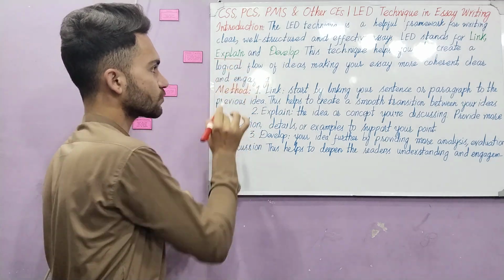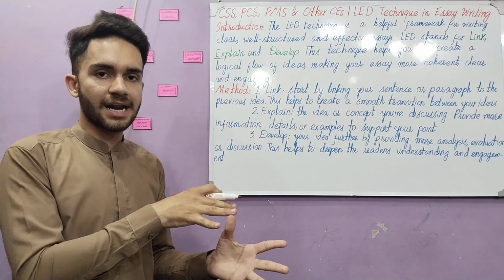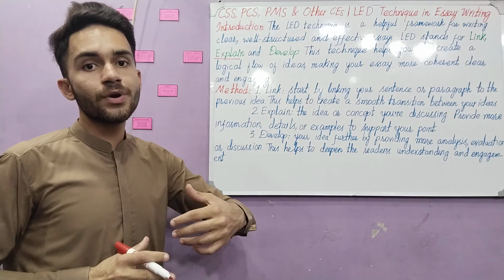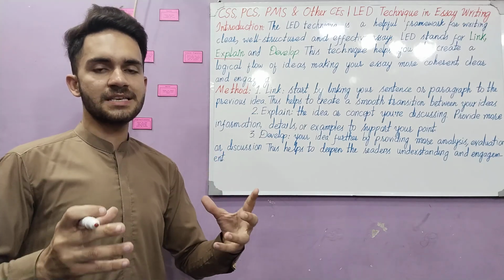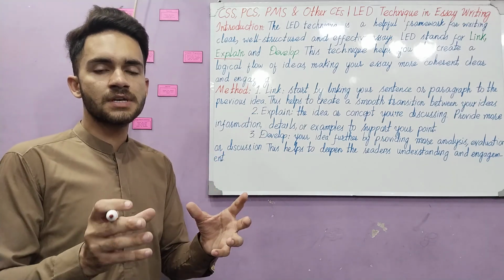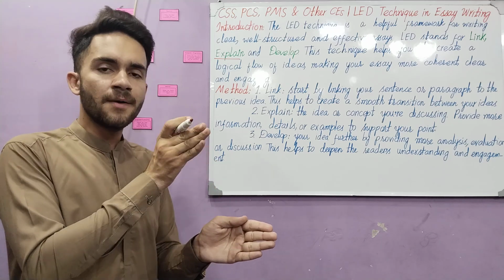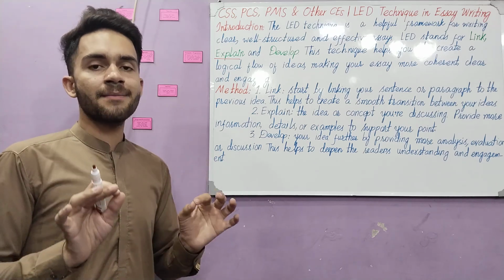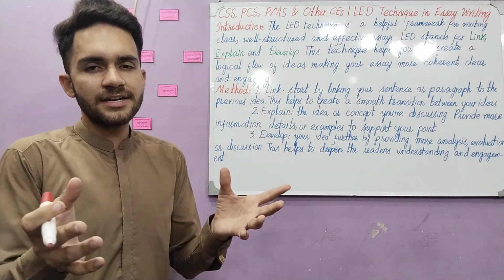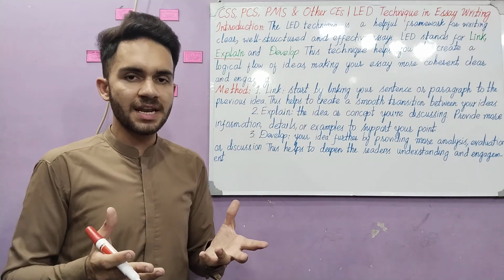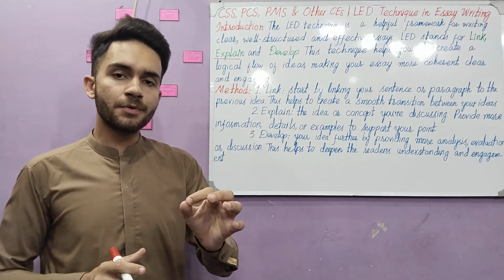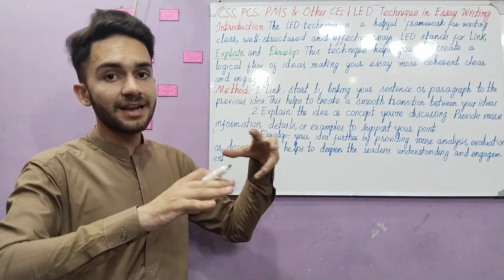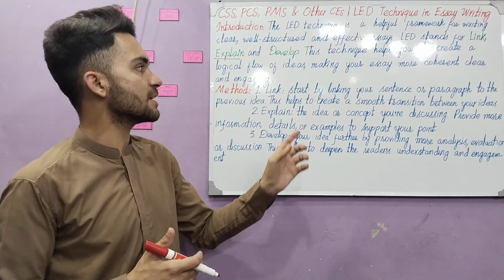Next thing, explain. You have to explain what you are describing. Whatever you are writing in your essay, you have to explain in a very easy way, in very easy terms, avoiding jargon and the terminology of the essay. You have to write in very simple language. The main aim and focus of the essay writing that you practice daily for your competitive examinations or general practice should be to use very simple language. Next, you have to develop the ideas from your previous ones and keep on going.